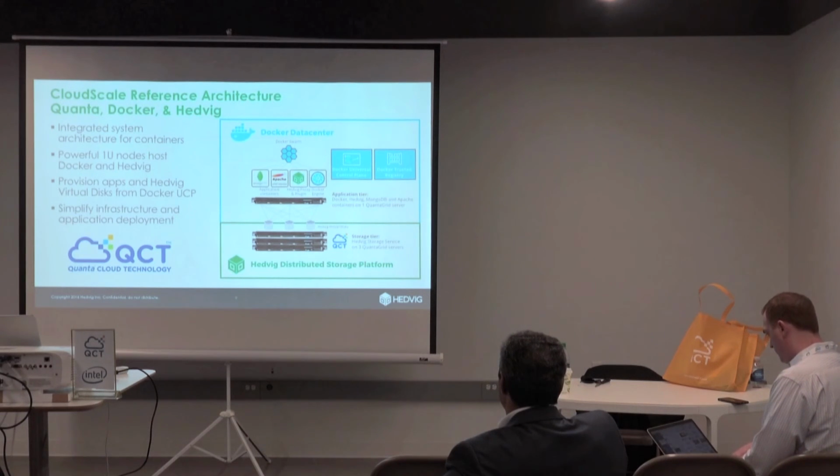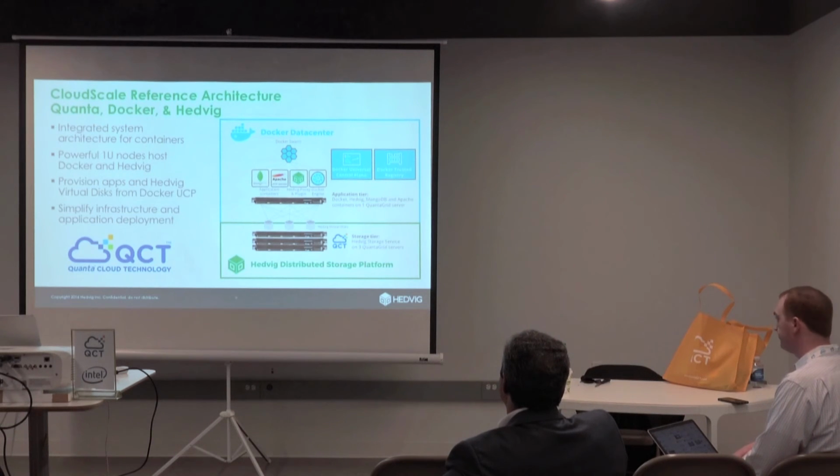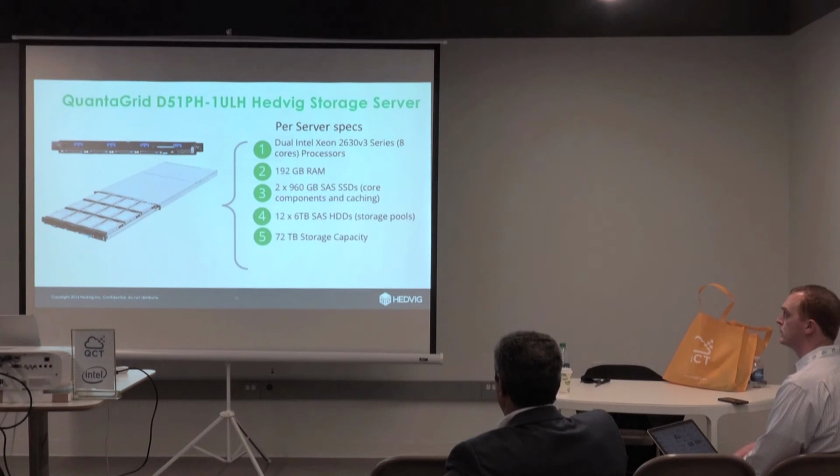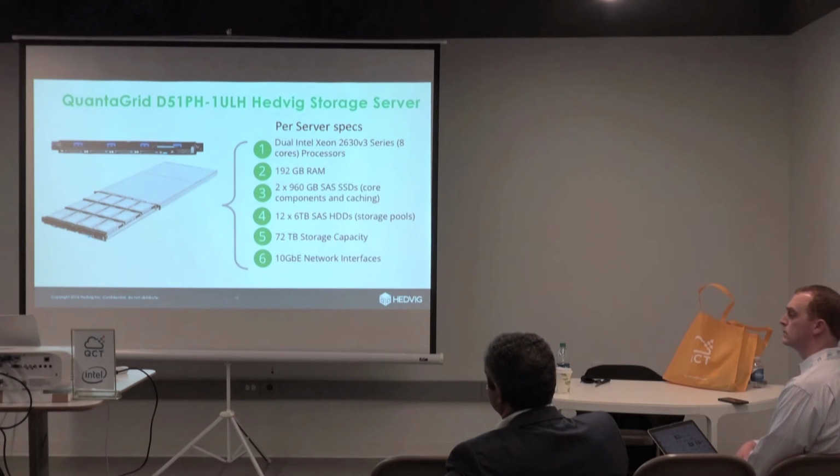And as Al and I said, the QuantaGrid, the 1U system with 12 3.5-inch drives, 4 SSDs, has just a great blend of storage and processing power to be ideal for the Hedvig architecture. And so there is the QuantaGrid, and this gives you an example of what we spec'd out in the Docker reference. And of course, nowadays, I was told just yesterday, QCT offers a 12 terabyte drive. We'll have to work through what that means and what may change here. But that's just one example of something where we've successfully implemented.